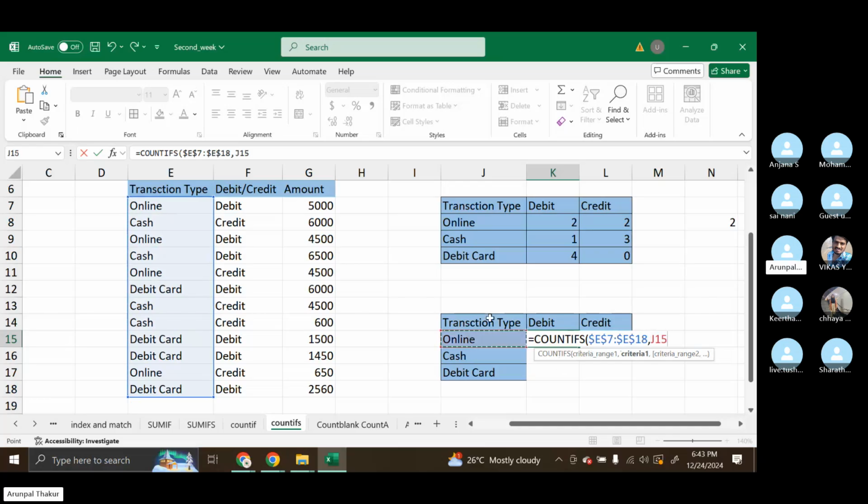will move row wise, yes or no? This J15 will become J16, J17. So I will make J fixed. Then criteria range 2, selecting this, making it fixed, comma, criteria 2, debit card, K,